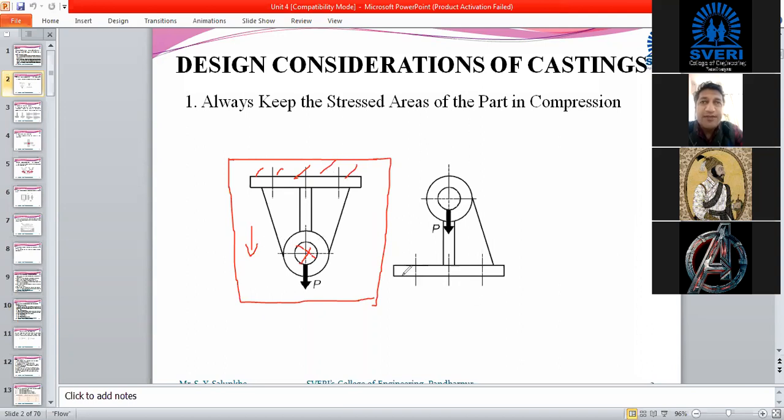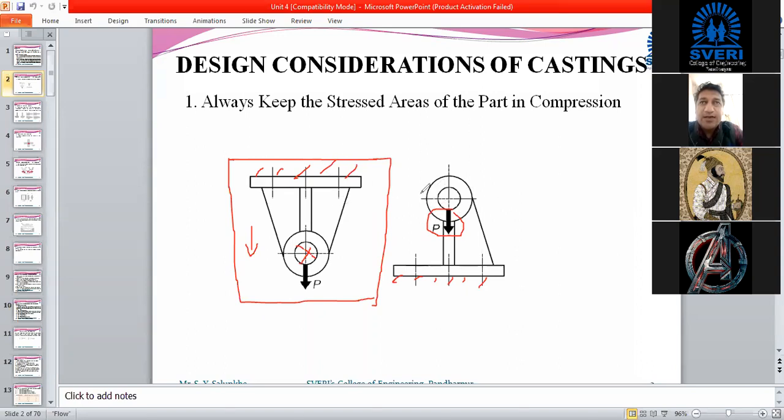But instead, if you provide support from the lower side, and because of gravity the load acts in the downward direction, this part will come under compression. So the designer decides how to support the shaft by means of this bearing support.